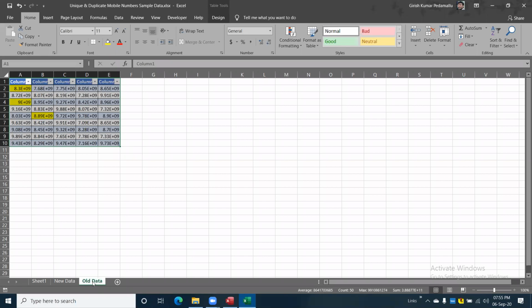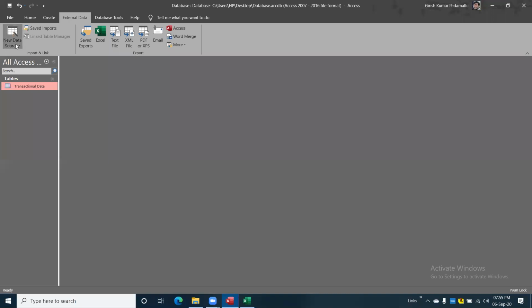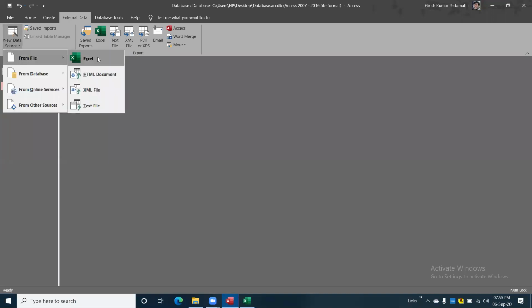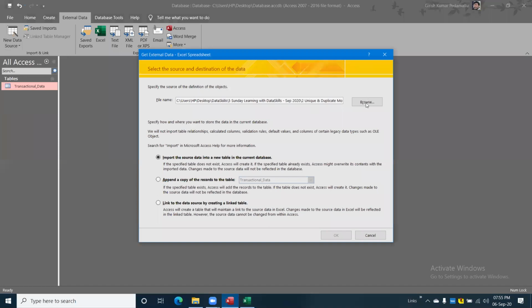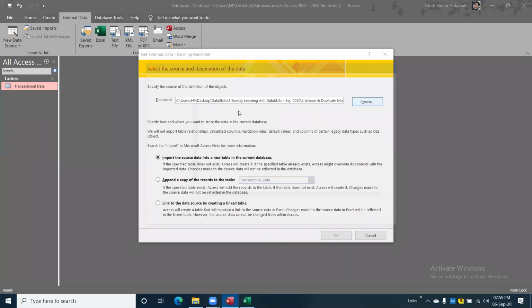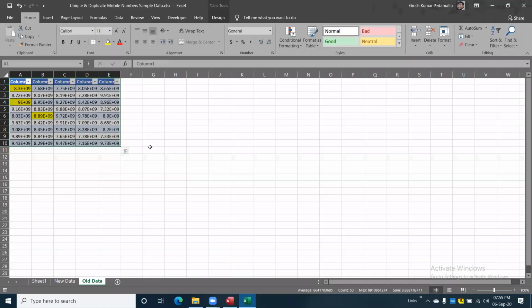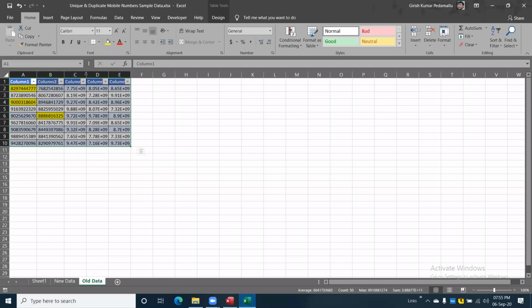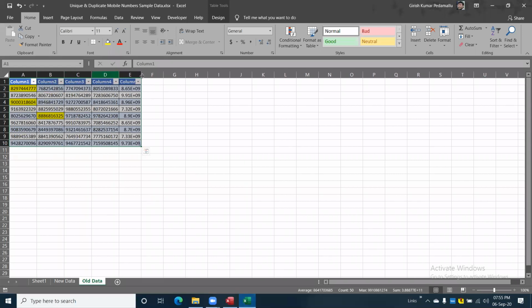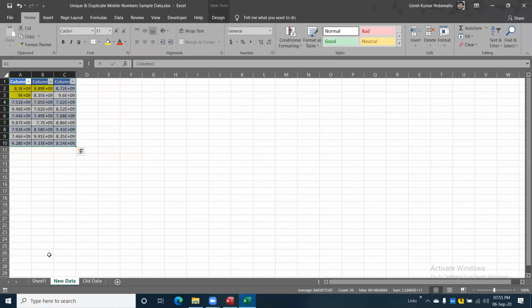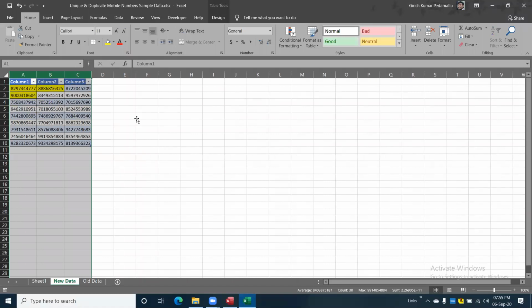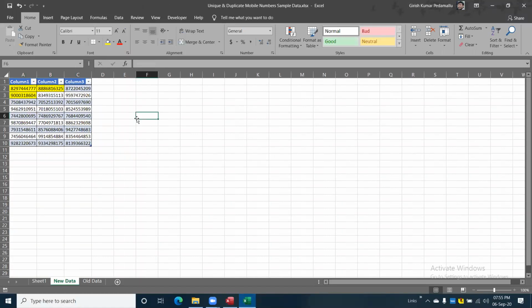I'm saving this same Excel file. Now I will try to import a new data source from file Excel. So the formats have changed in the new sheets which we have created. It's a small column, right? That is the reason it is showing like that. If I do autofit, it will show the same thing. Column width is not the same. Values are the same. Column width is small, that is the reason it is showing in a different format.